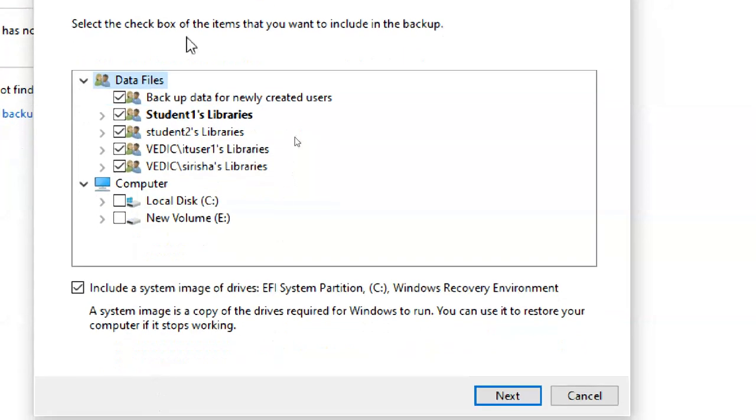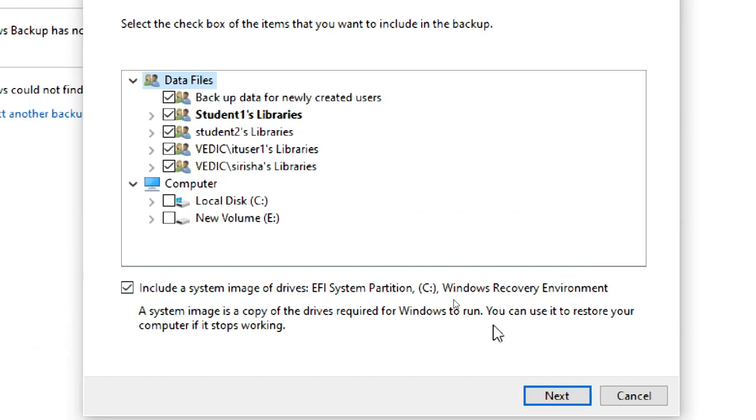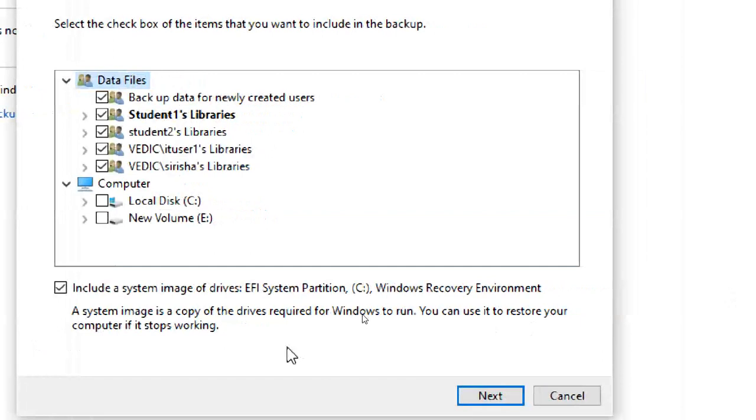User profile data, you see: Student one, student two, IT user one. Entire user profile data is showing, and also it is showing include a system image of the drives like EFI system partition, C drive, recovery environment, including system drives. It is trying to take the image.